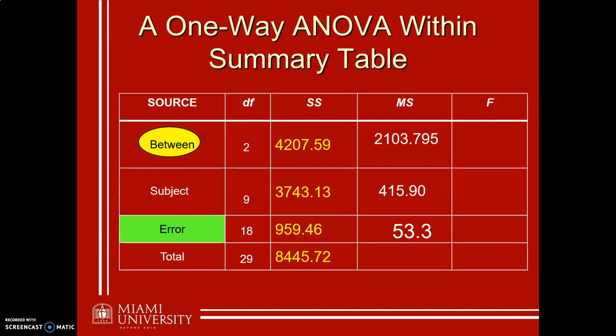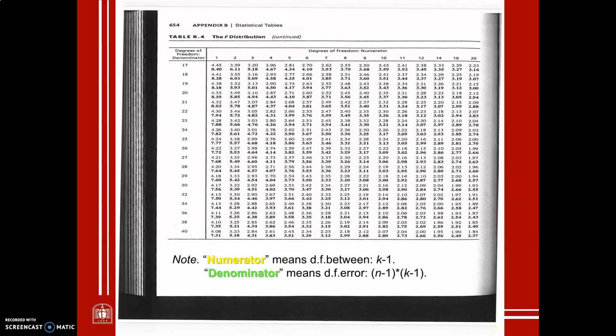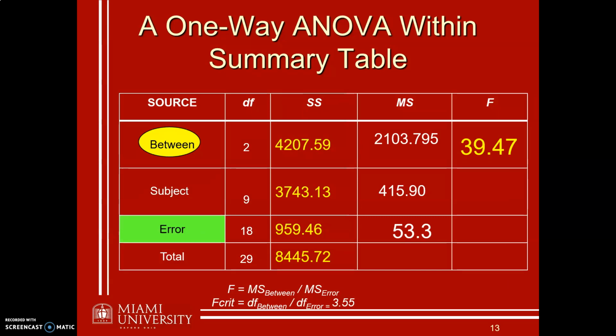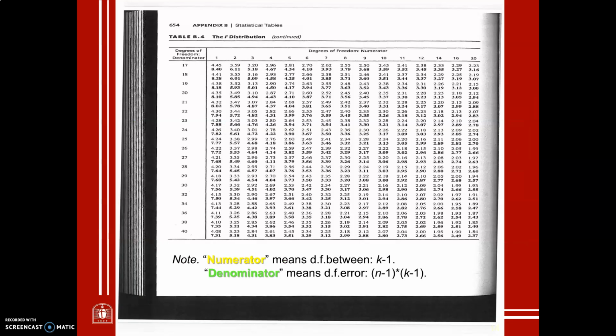Okay, fill this in a little bit with some sample data. All right, and again, you can pause here if you'd like to do more of the hand calculations, or you'll need to use other resources if you're in a class that's having you do that. But when we try to figure out where is our critical value, where's that F value cutoff that tells us, yes, a difference seems to be present, again, our numerator degrees of freedom are going to be k minus 1,